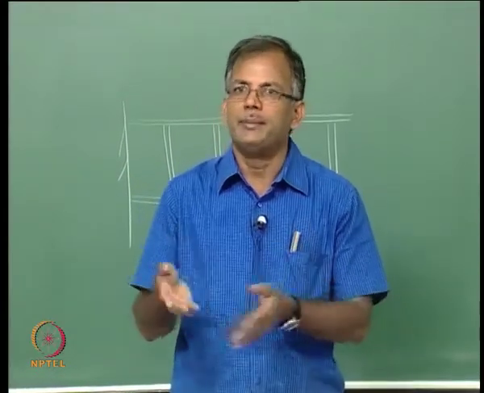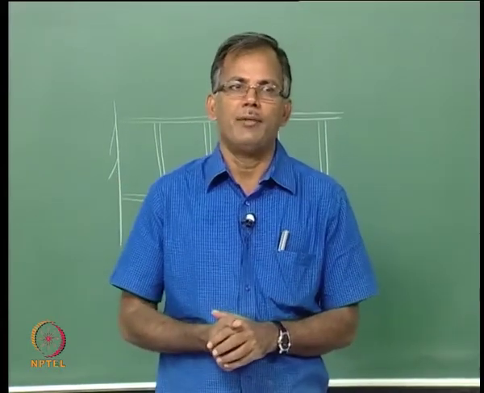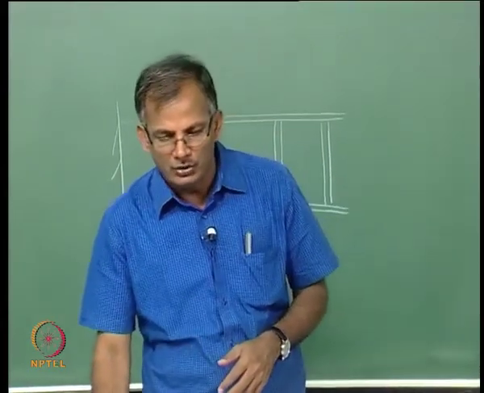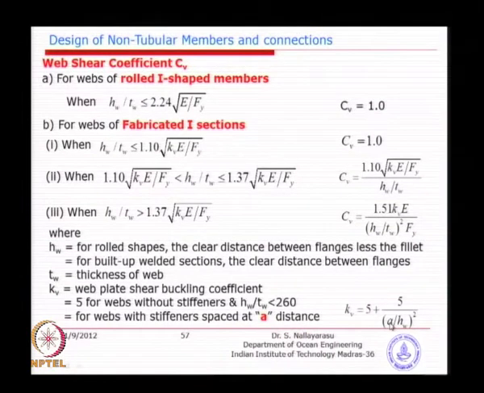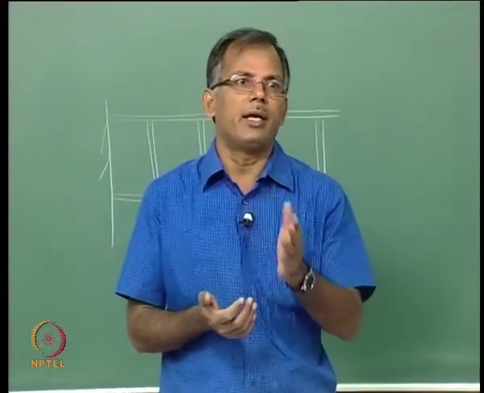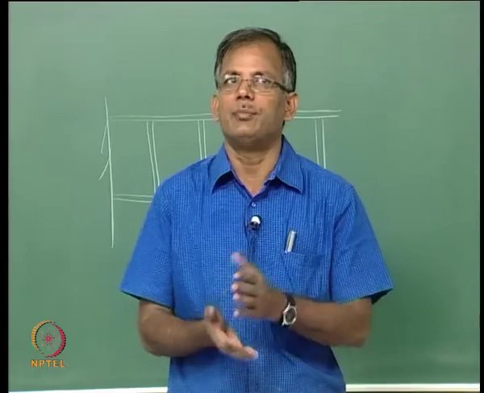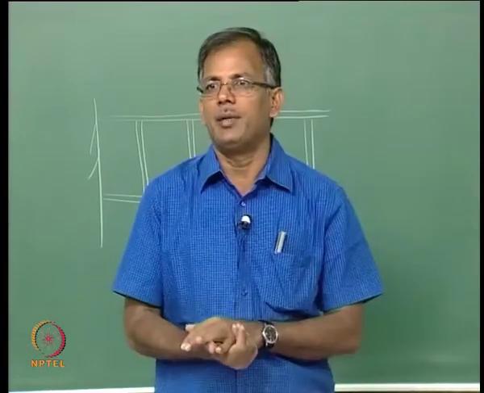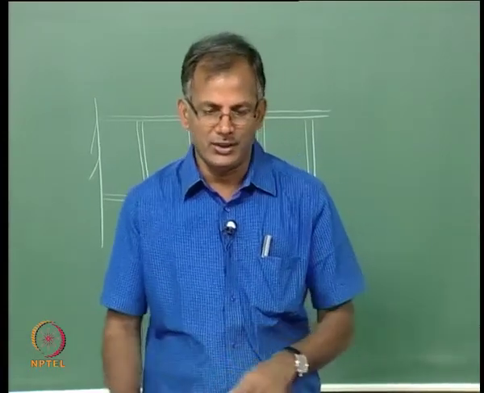So, you are spending some amount of extra steel, without which you are not going to get it, because as soon as you do not have the stiffeners, the Kv value will change and the corresponding Cv value will be less than 1, which makes the allowable stress smaller. So either way, you are not going to get the shear strength freely by just making the section bigger and bigger. You are not going to get the capacity. So, that is exactly the idea.